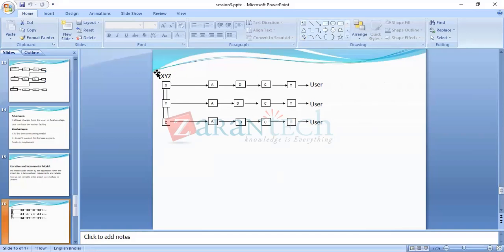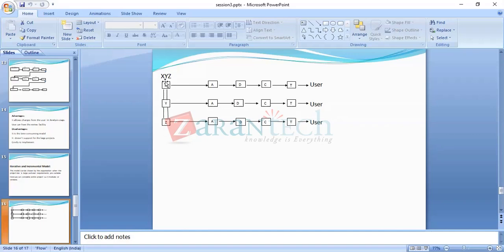See this. The project name is XYZ. Suppose you have given me 100 requirements, 1 to 100, that's my project. How many modules have I divided here? X is one module, Y is one module, Z is one module.